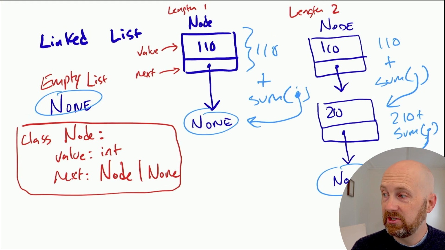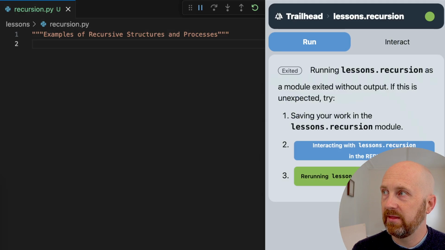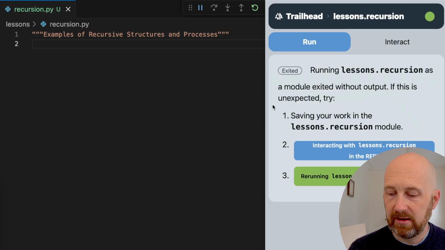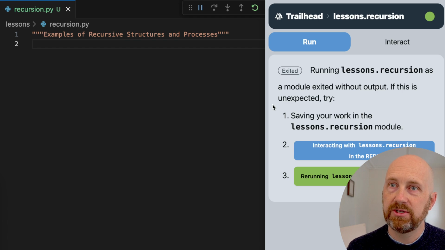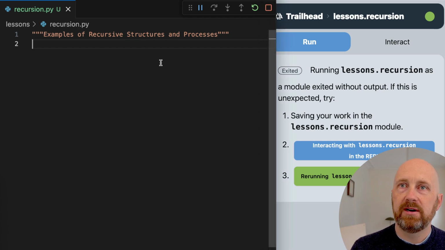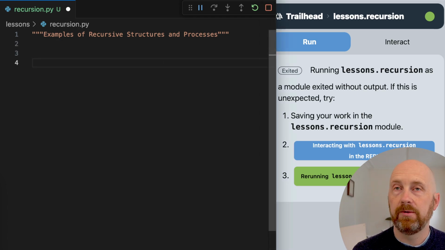So with that, let's actually jump into this example in code, and I'll have you join me and follow along there. So go ahead and set up a file named recursion.py, and we're going to have this in lessons. And the first thing we're going to do is declare our node class. Right? So class node,